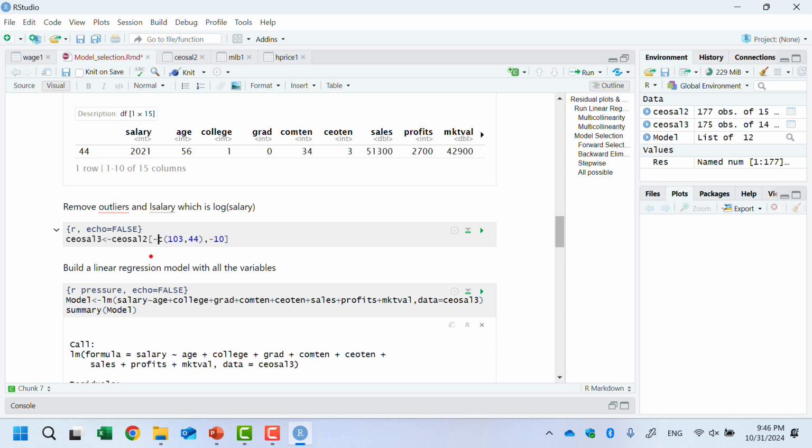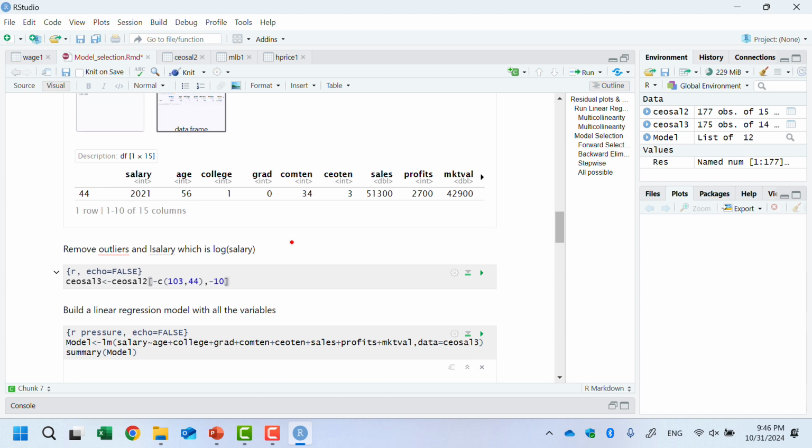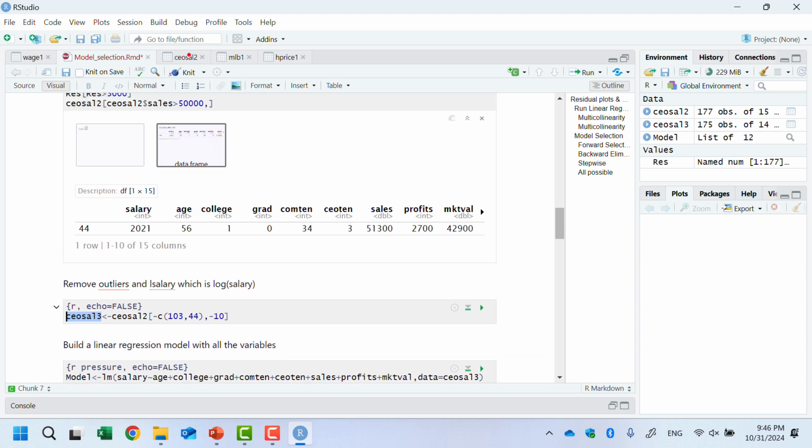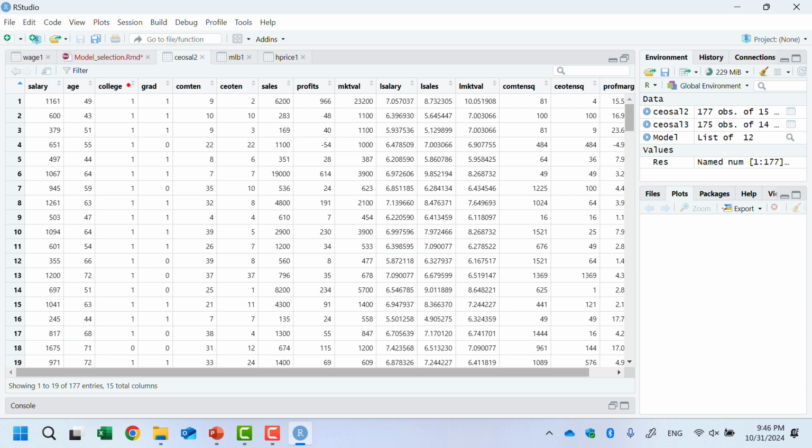Here the minus sign means I'm going to take out, and that's row by row. I will take out the 103rd row and the 44th row. Then I'm taking out the 10th column. So what is the 10th column? It's 1, 2, 3, 4, 5, 6, 7, 8, 9, and the 10th column is log of salary.